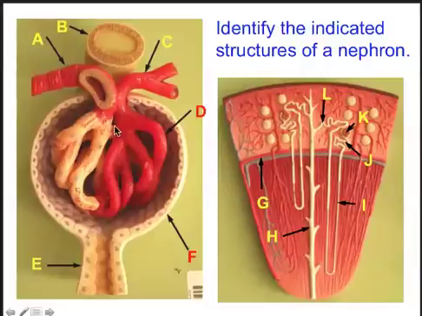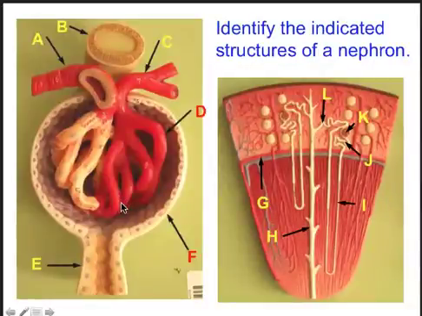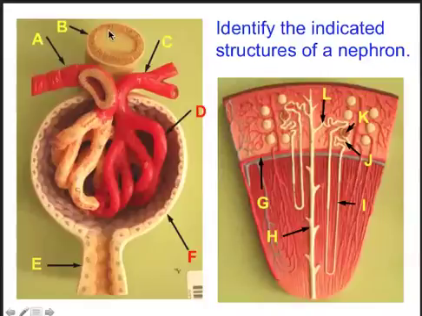Okay, so it's basically closing and opening the ingoing and outgoing doors to this cluster of capillaries that regulates the pressure in the capillary, and that in turn regulates the speed with which we make filtrate, the speed with which we make pee. All right, so A is pointing to the afferent arteriole, B is pointing to the distal